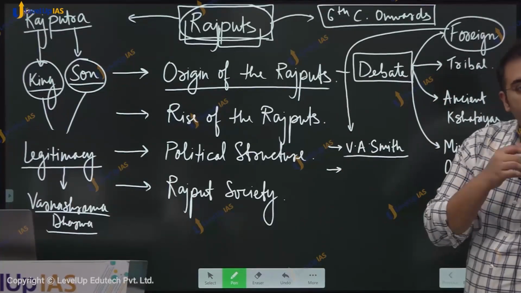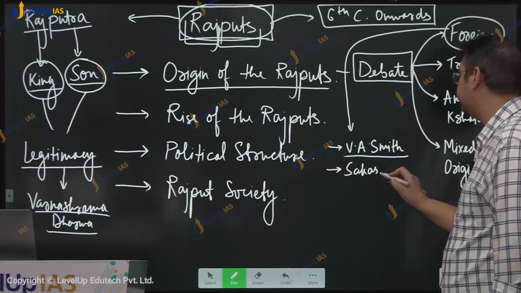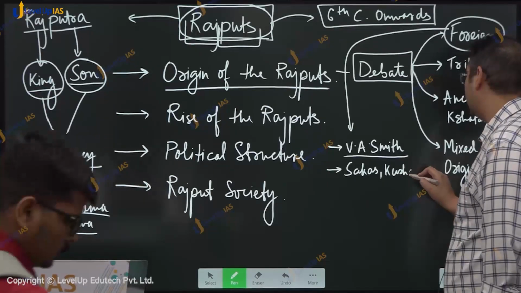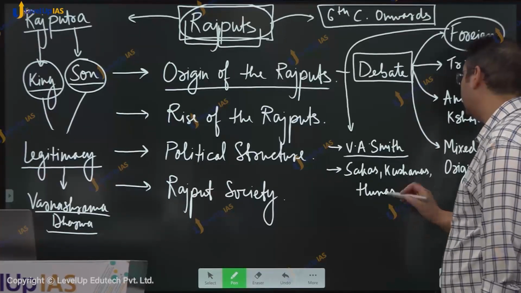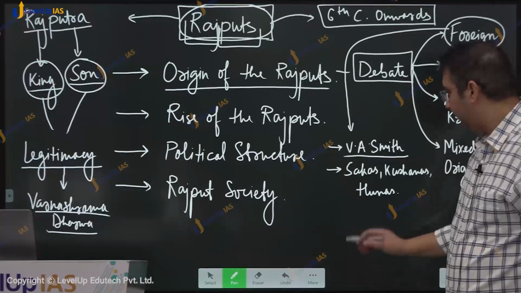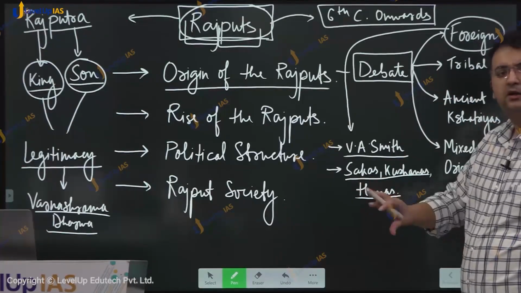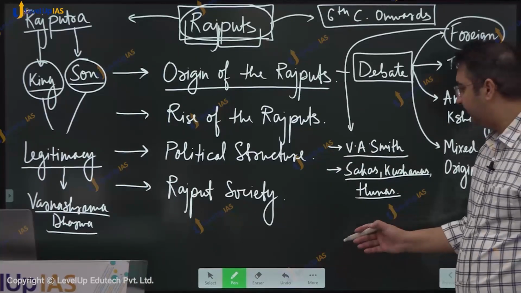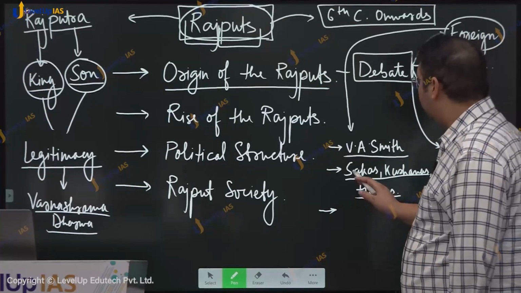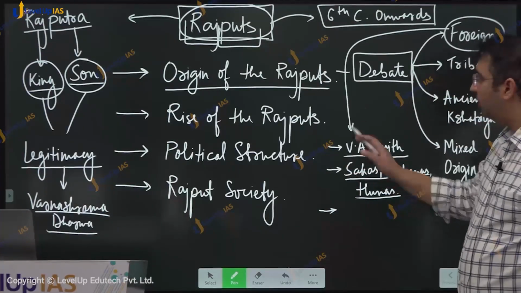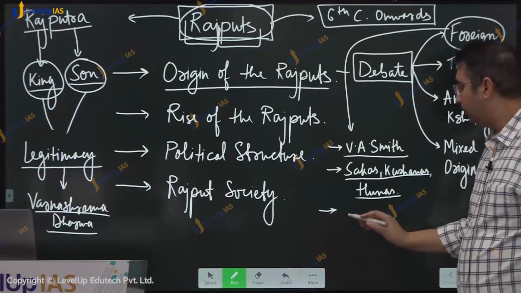Can you name such foreign ruling groups? The Shakas, Kushans, Hunas, etc. Okay? Now, they had come to India during the post-Mauryan and Gupta and post-Gupta periods, and they had stayed behind. Now, what is the similarity between the Rajputs of this period onwards and these groups? Both of them were